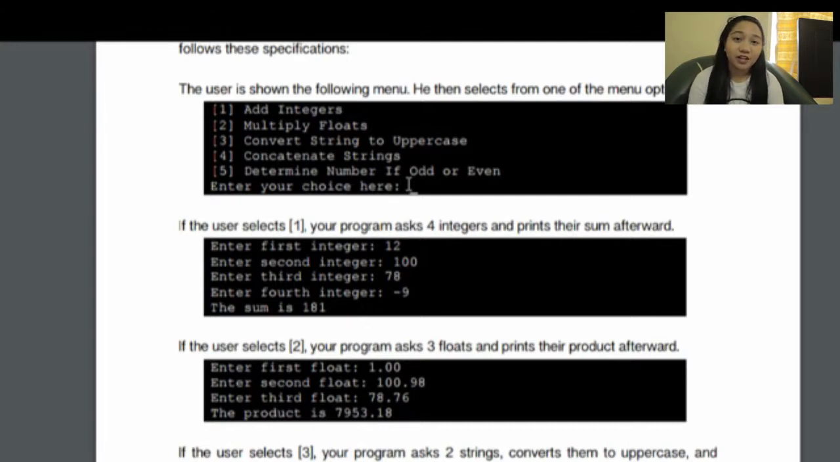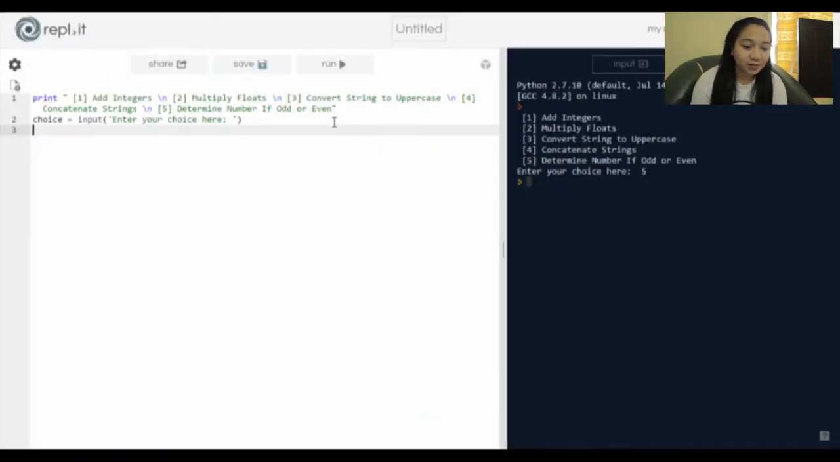Now for the next instruction, if the user selects number 1, the program will ask the user to give 4 integers and the program will print the sum of all those 4 integers. So what we're going to do is put it in an if condition. If choice is equals to 1, then